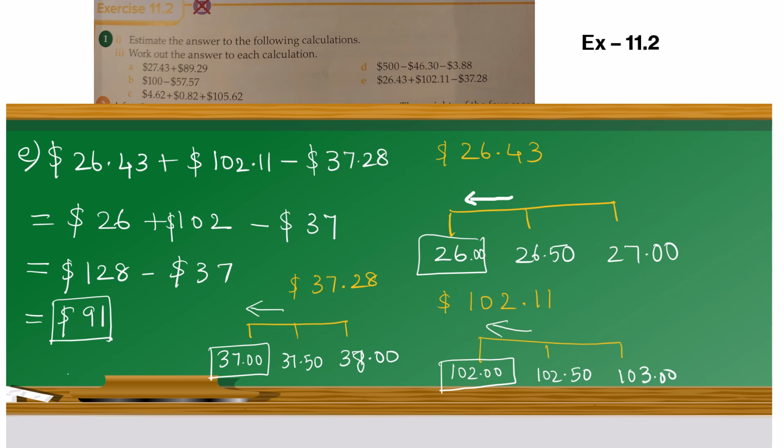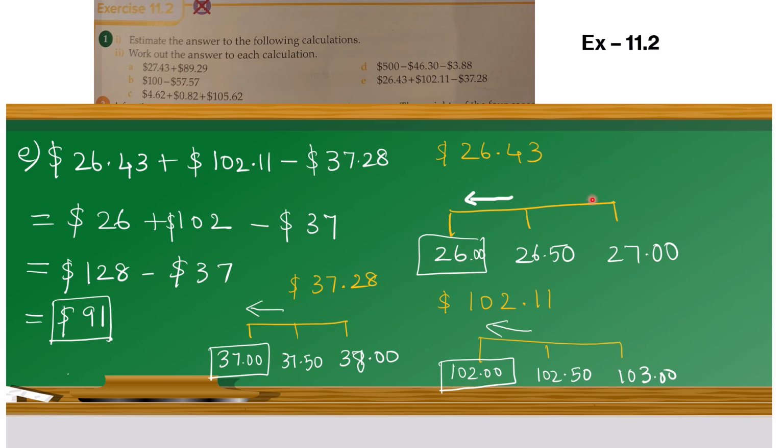Is sum $26.43 plus $102.11 minus $37.28. Okay, so we have to do the estimate calculation here. Okay, so what is our first number? That is